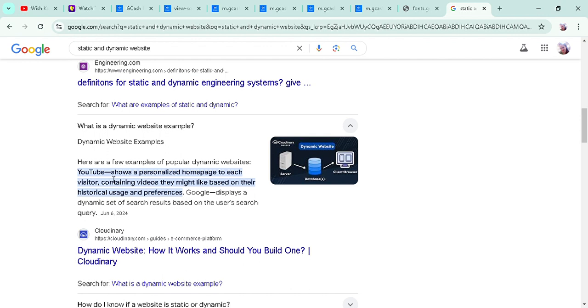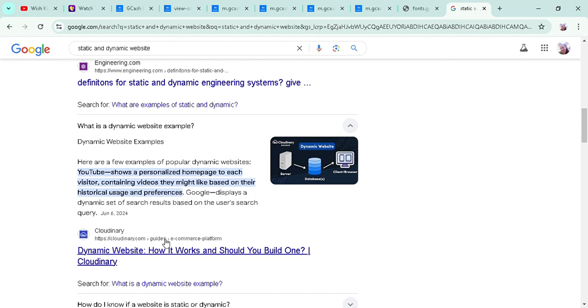YouTube. Okay. It shows a personalized homepage to each visitor containing videos they might like based on their historical usage and preferences. Google displays a dynamic set of search results based on the user's search query. Okay.